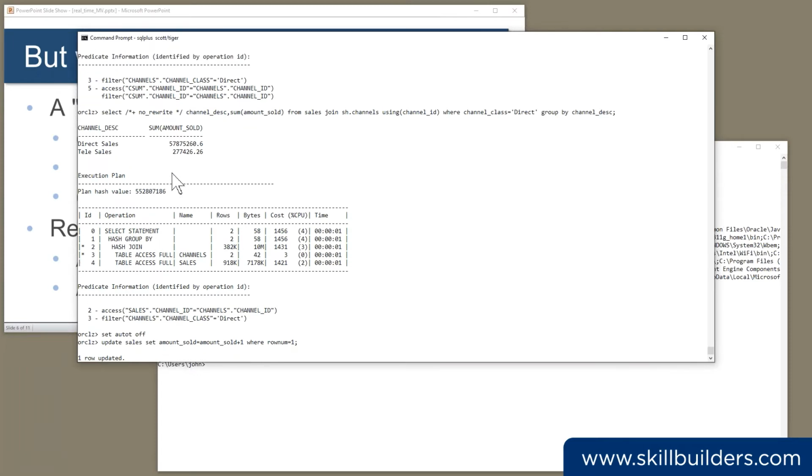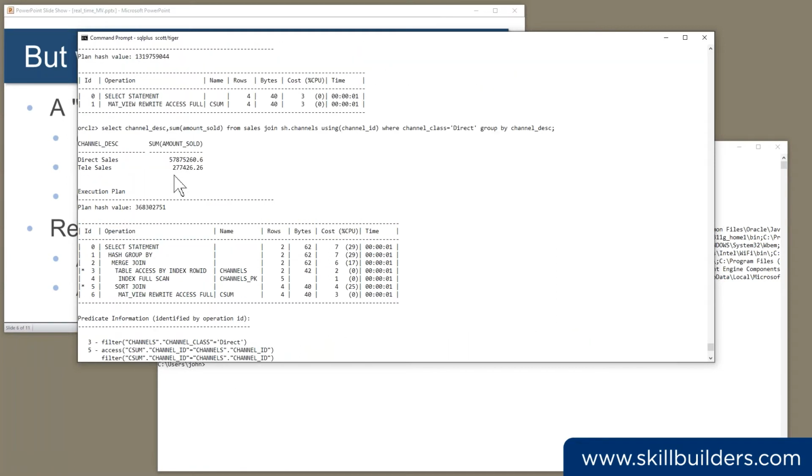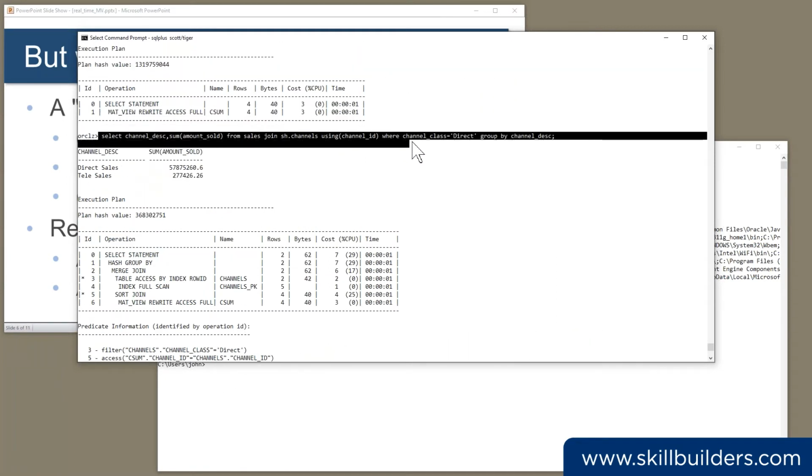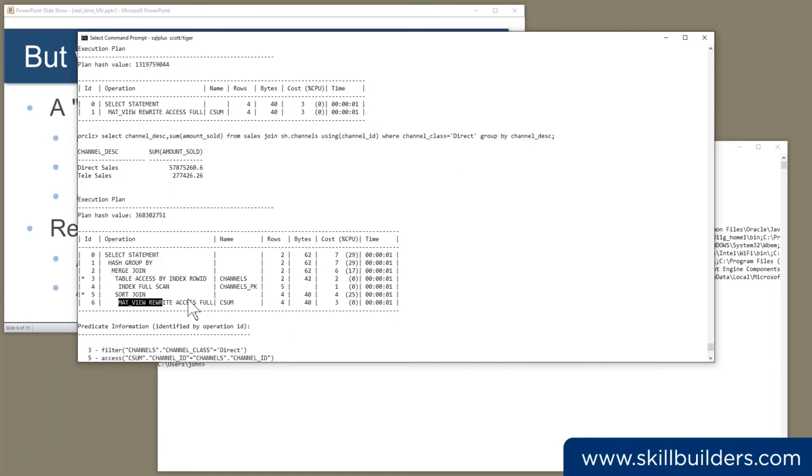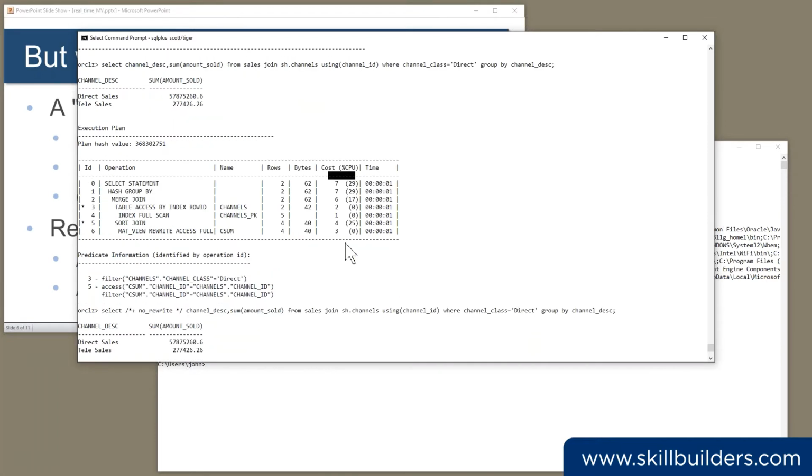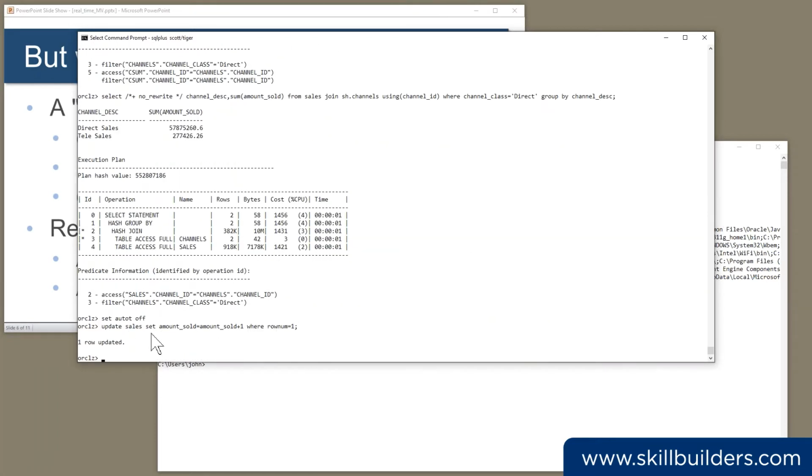Now, I'll run that same query again. Remember, this query before that joined sales to channels with a filter and so on, with an aggregation and a filter, was rewritten and costed at 7. I'm now done, or anyone does some DML against the table, and then when we run the query,